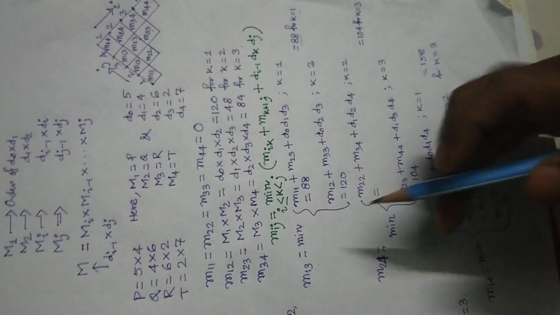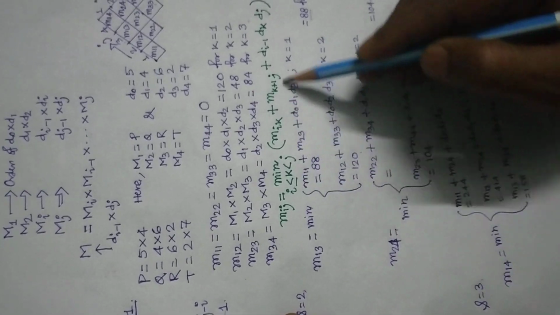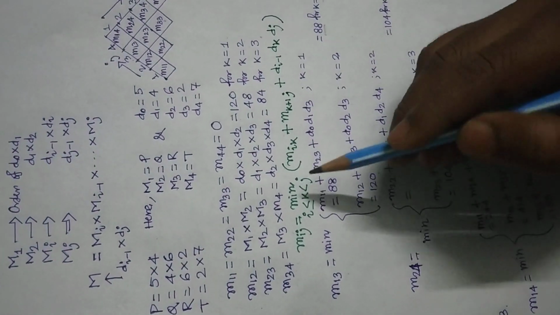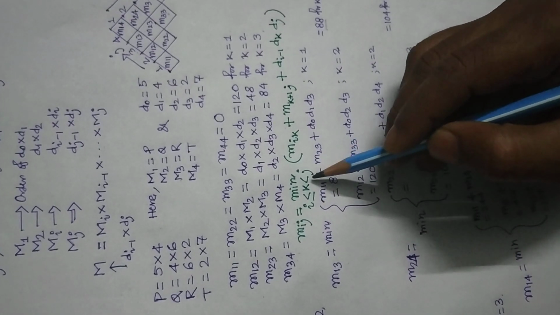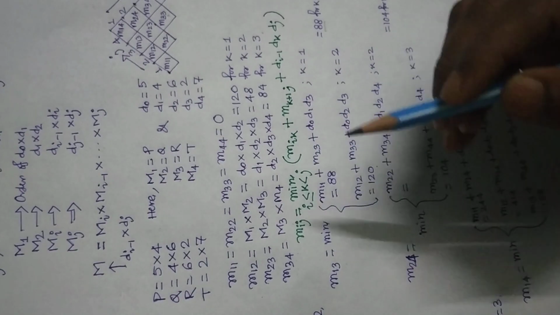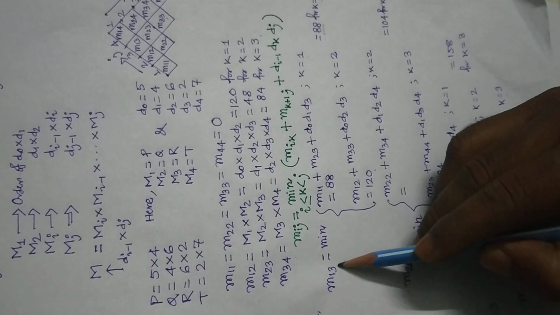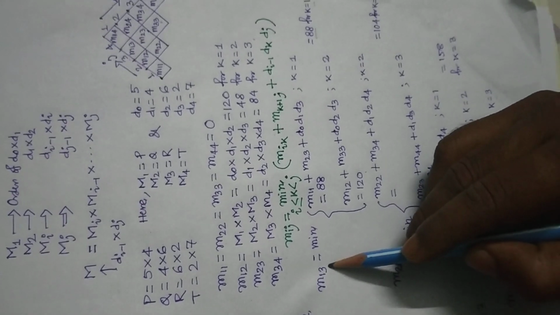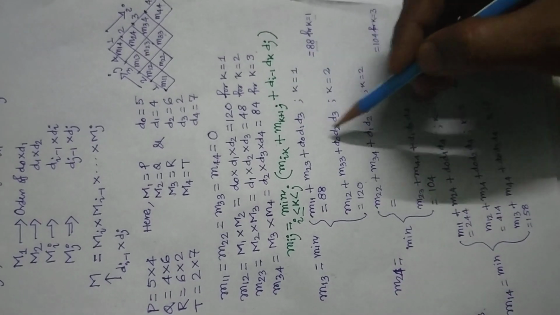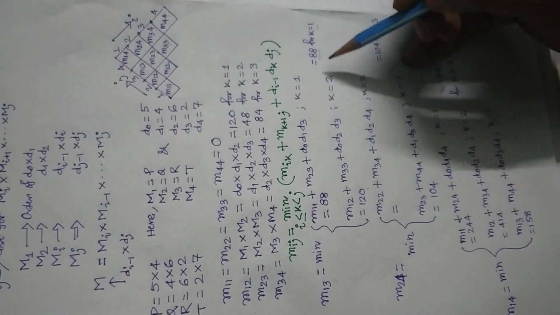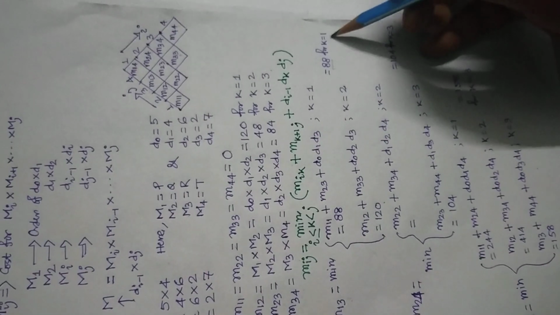Now for calculating M13, M24 and M14, you use this formula. Look very carefully: here k starts from i and goes up to j minus 1, that is, k is less than j, not less than or equal to j. Now for calculating M13, here i is equal to 1, j is equal to 3. So what are the possible values of k? There are only two possible values, k is equal to 1 and k is equal to 2. If you use this formula and calculate, you will get the minimum value of M13 equal to 88, and that is for k is equal to 1.